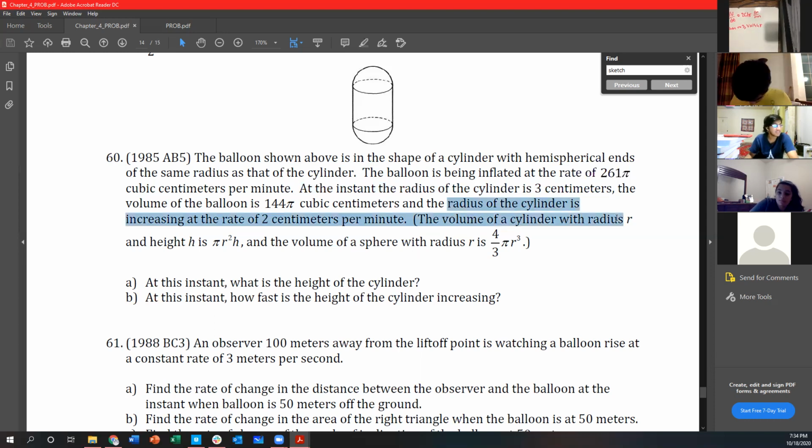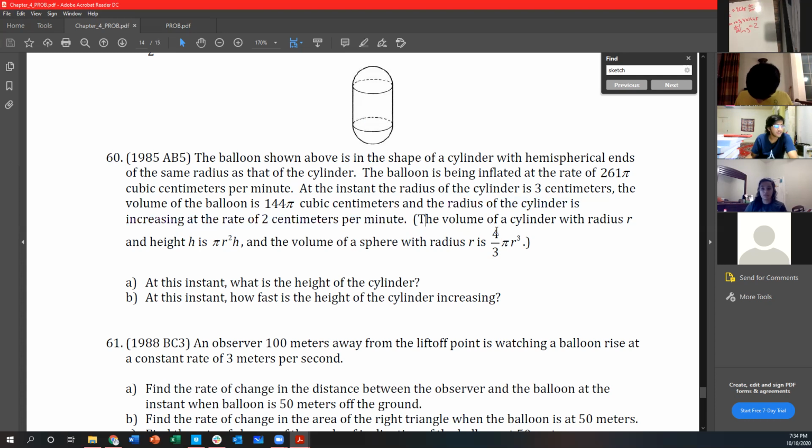And the radius of the cylinder is increasing at the rate of 2 centimeters per minute. What does that mean? dr/dt equals 2, right? But the important thing to remember here is that's only when r equals 3. So this is how I'm going to write it. When r equals 3, dr/dt equals 2. Now, of course, we know that the volume of a cylinder is pi r squared h,